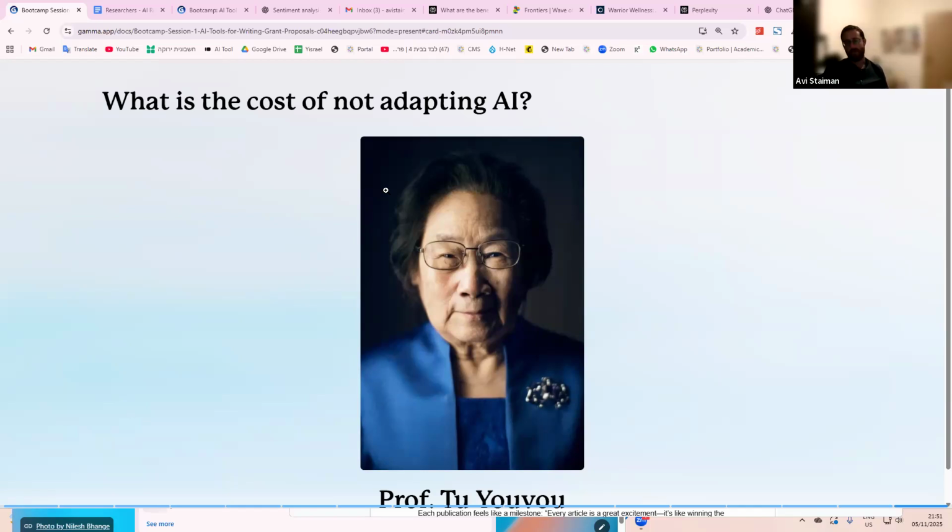Professor Tu Youyou was a researcher at the Chinese Academy of Natural Sciences, and she came across a natural compound called artemisinin. Now, artemisinin is used as the main component, as part of the cure for malaria. So it's a really incredible discovery that she made.